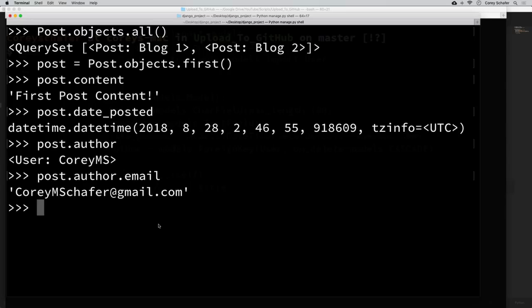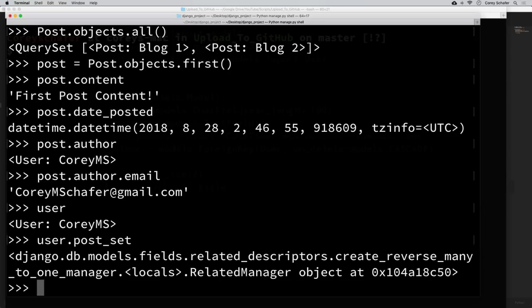But Django also adds a special query set to the user model that allows us to do this a lot more easily. And the naming convention for this query set is the name of the related model, then underscore set. So it would look like this. It would be model name underscore set. So when it comes to our user, the related model is named post. So we can access the posts of our user variable simply by saying user. So we have this user here with this username. Now, if we wanted to get all of the posts that they have written, then this is